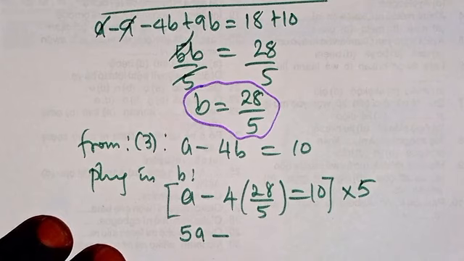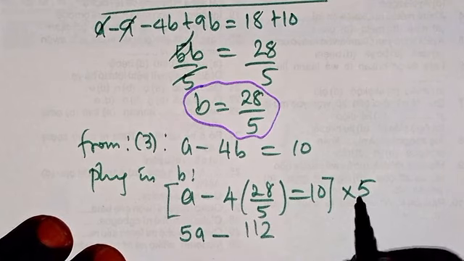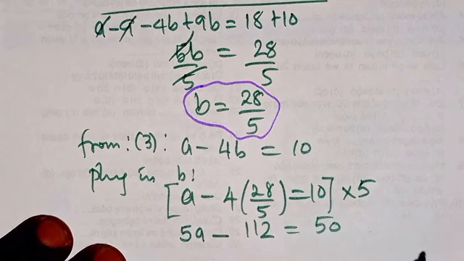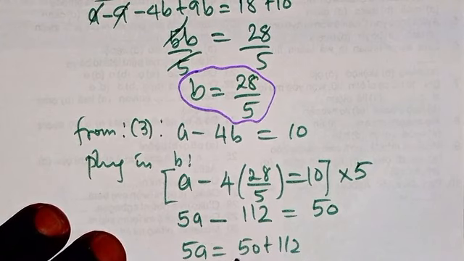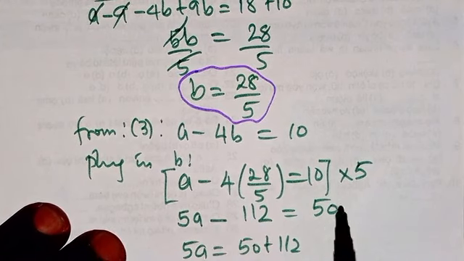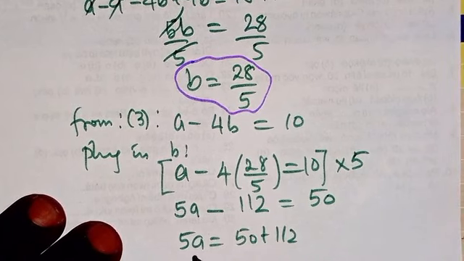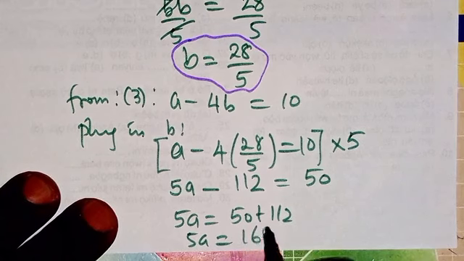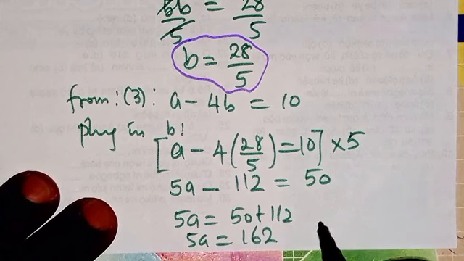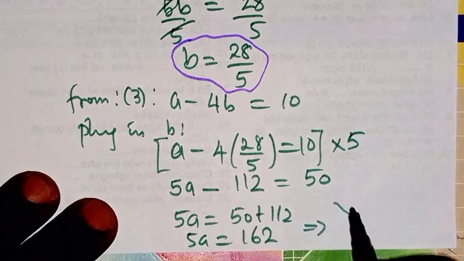We have 4 times 28, and 4 times 28 gives us 112. Then 5 times 10 will be 50. Can you see now? So we have 5a equals 50 plus 112, because we are going to transpose this one to this side. So we have 5a equals 162. So from here we can see that this implies that